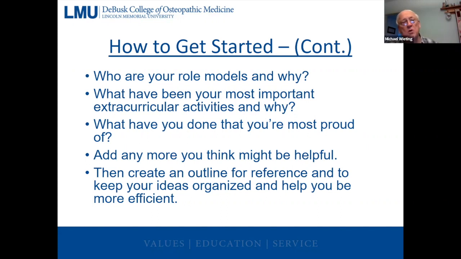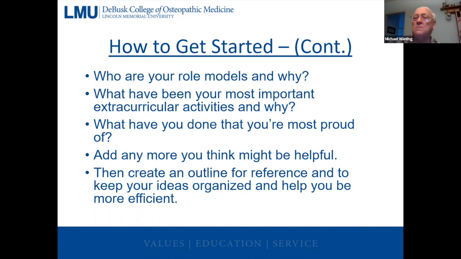What have been your most important extracurricular activities? If you're a very service-minded person and you have an established track record in medical school or before, or both preferably, of service to others and doing extracurricular activities, that may be very important to a program where their program is known for that and their residents are all interested in that. So, and if that's the case, it almost doesn't matter what you've done.